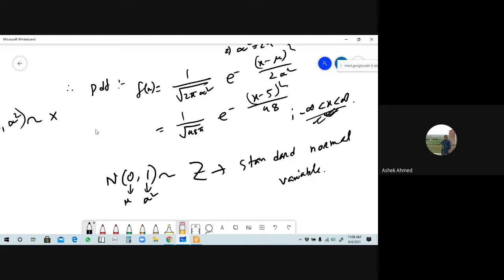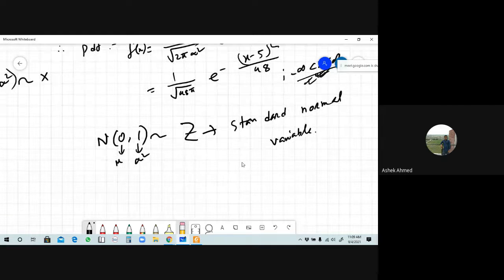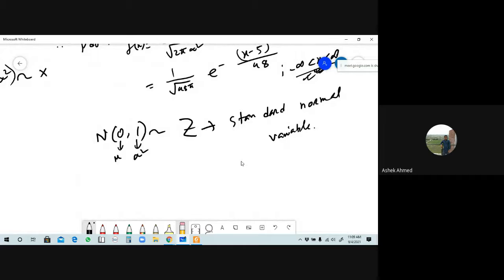আনস্টার কি বলছে? যখন আমাদের একটা নর্মাল ডিস্ট্রিবিউশনে মিন 0 এবং ভ্যারিয়েন্স 1 থাকবে, তাহলে সেই নর্মাল ভ্যারিয়েবলকে আমরা ডিনোট করি ক্যাপিটাল Z ভ্যারিয়েবল। ওকে? That variable will be called here standard normal variable. Okay? Answer or not, tell me. Response করো।